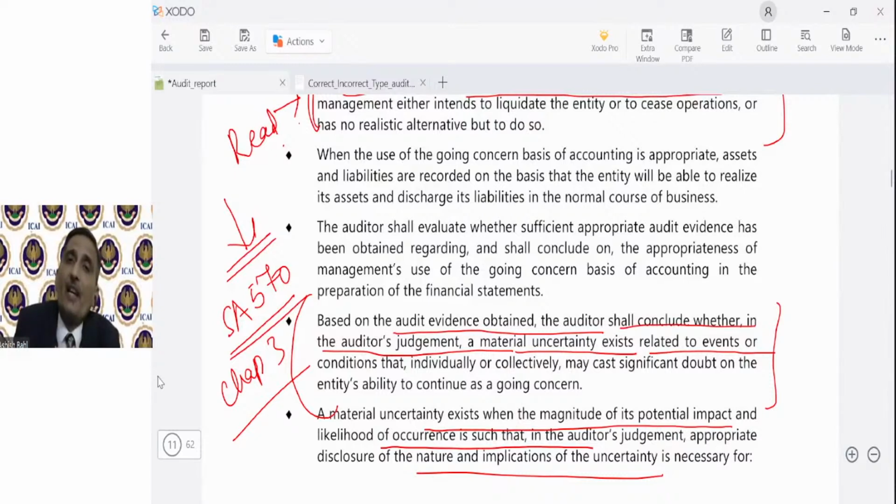And my financial reporting framework states that